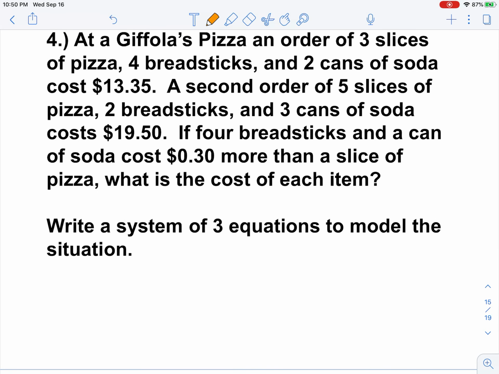Okay. The next problem is a word problem, trying to put together some communication skills with mathematical skills, putting the two together. Got this pizza place. You order 3 slices of pizza, you're hungry, 4 breadsticks and 2 cans of soda, you pay $13.35. A second person is a little bit hungrier, has 5 slices, 2 breadsticks and 3 cans of soda. They're throwing out $19.50 for their meal. And then the last statement says that 4 breadsticks and a can of soda cost 30 cents more than just 1 slice of pizza. What we want to do then is figure out how to make a system of equations